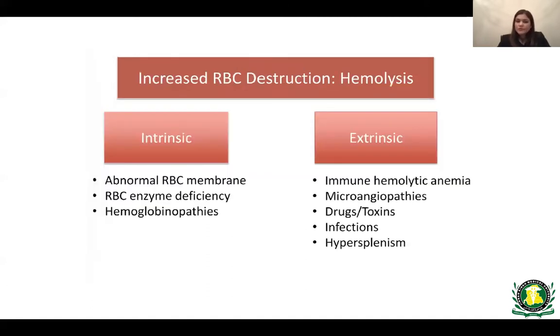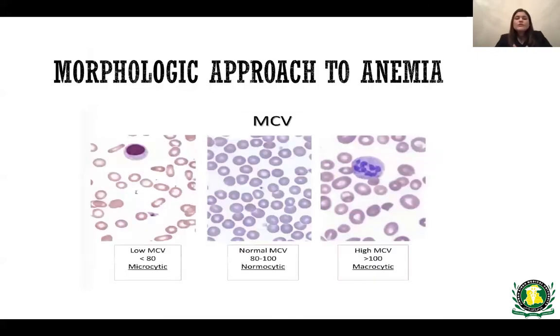Increased RBC destruction, which is a hemolytic process. So we went over intrinsic and extrinsic pathways, kind of similar stuff: membrane issues, enzyme deficiency, thalassemia. Then we talked about autoimmune processes, microangiopathies, drugs, toxins, infections, and hypersplenism. So splenomegaly can really lead to extrinsic hemolytic anemia. So we talked about the kinetic approach, or the mechanistic approach as we say, and the other one is morphologic